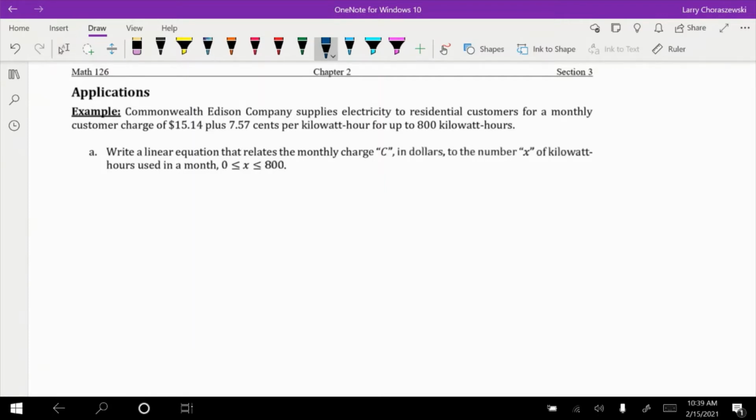Now, at the tail end of this, we have this compound inequality where it says X is between 0 and 800. We actually don't need this information to write the linear equation, but I will come back to this part of the problem and show you how you can use this to generate the graph of our line using the graphing calculator. So part A